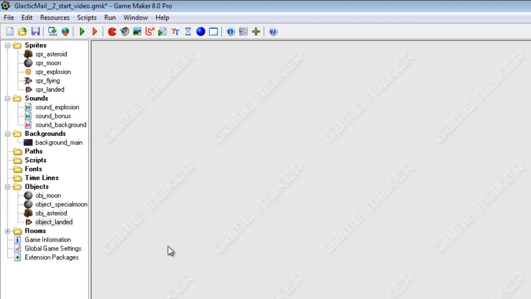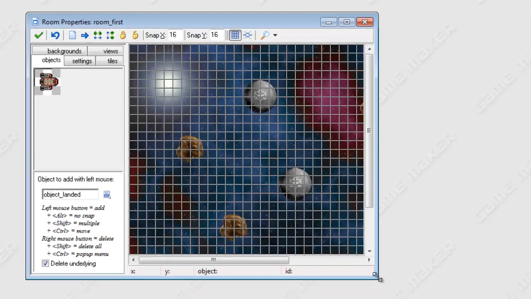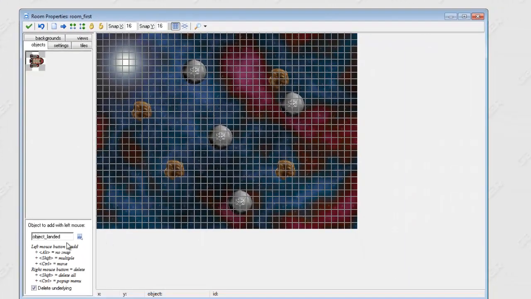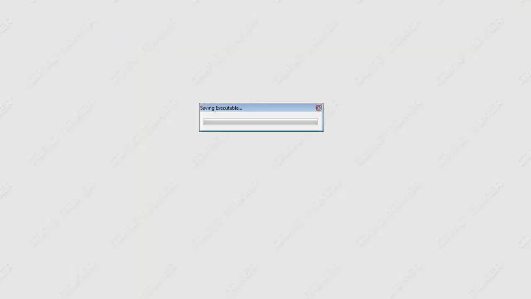Okay, let's test that out now. Let's go into our room and let's see what we have in our first room. Let's put the landed rocket in there and see if it follows the special moon. I think I might get an error here though. Why would I get an error here? If I try to run this,